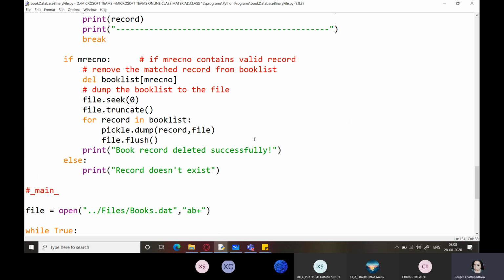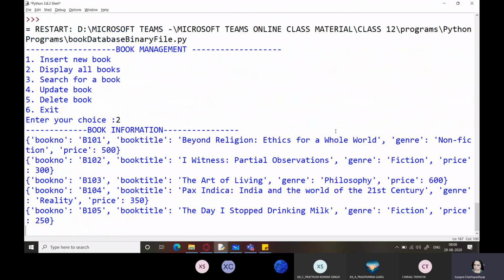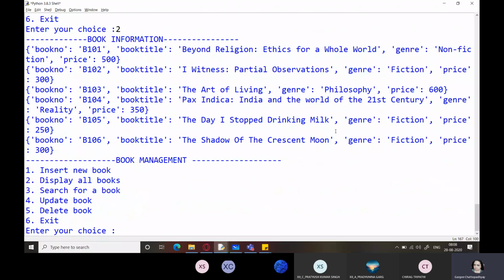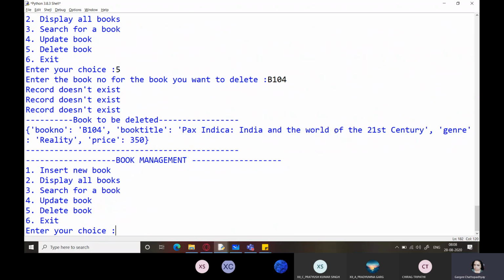File.flush. Try again. So we will be deleting book 104. Book to be deleted is this. First it's giving me record doesn't exist.